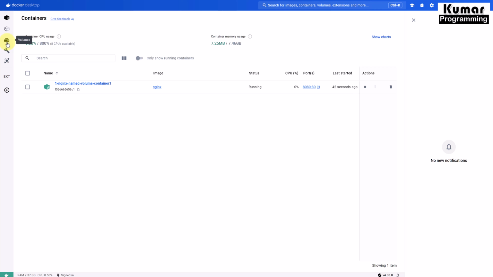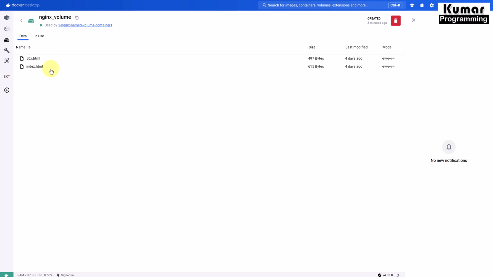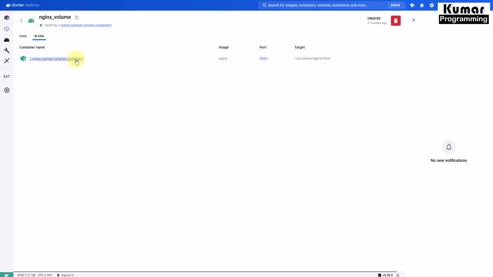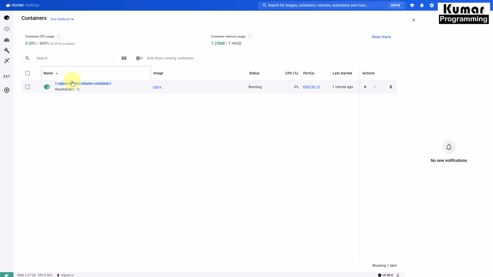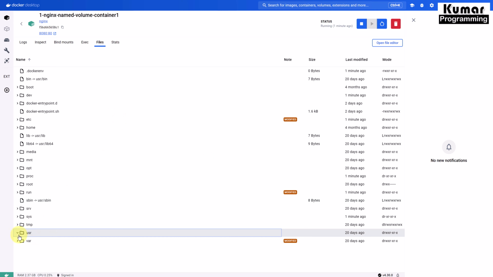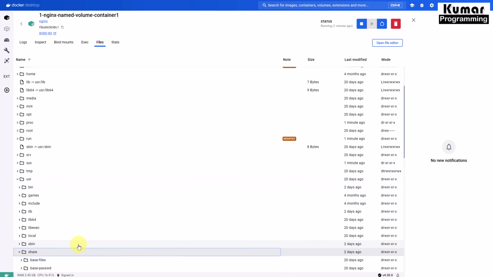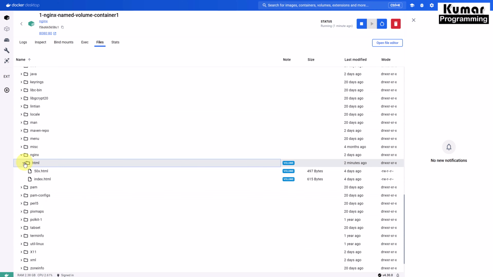And now if you look at the volume, we are seeing the nginx volume, and this volume is associated with this container, right? And it has two files, 50x.html and index.html. How? If you go inside this container, into the files, inside the files you have usr, then share, then nginx, and then html, and in html we have 50x.html and index.html.